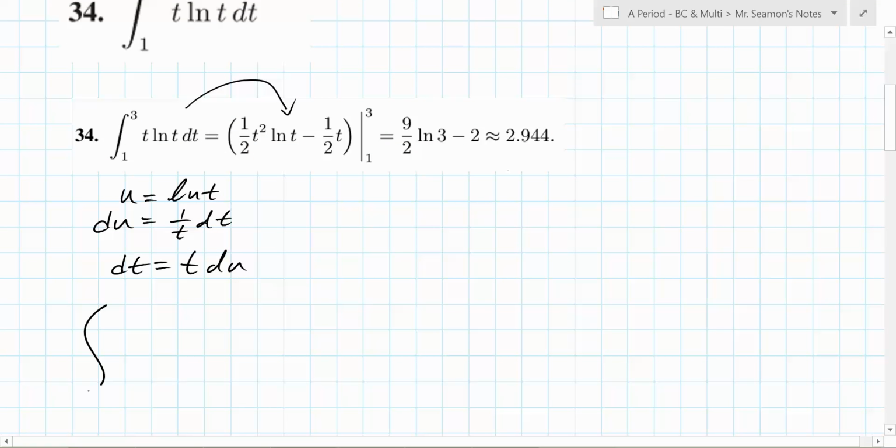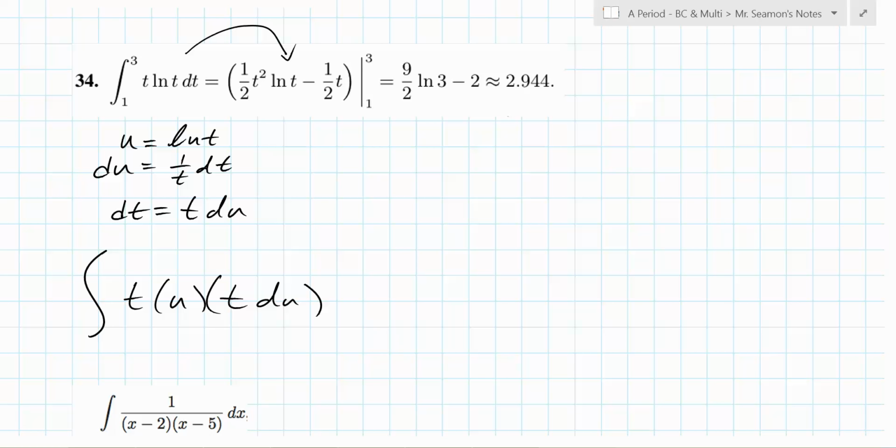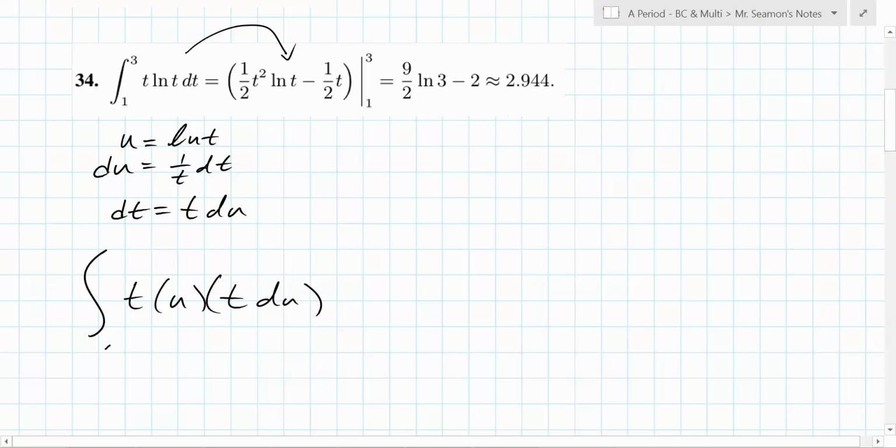Okay, so in this one, if we use U substitution, I like doing that extra step. I like doing the little isolation there. So now when we do this, we get the integral of t times u, but instead of dt, what do I write? T du, like this? Dt is t du, right? Okay. So we now have the integral of t squared u du,